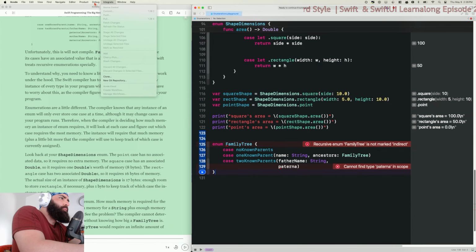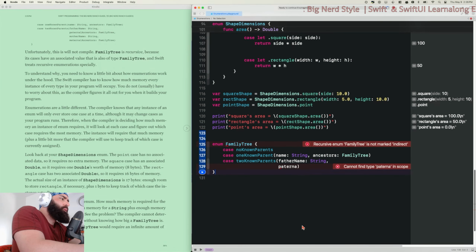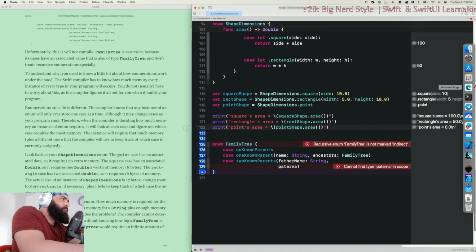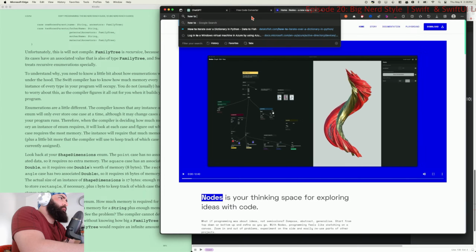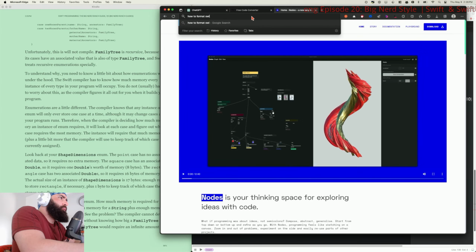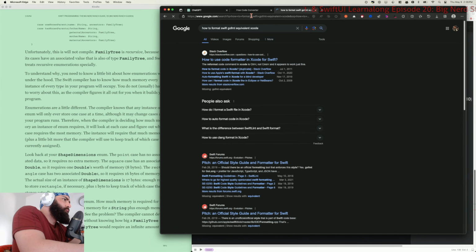It sucks. How to... equivalent... Xcode.